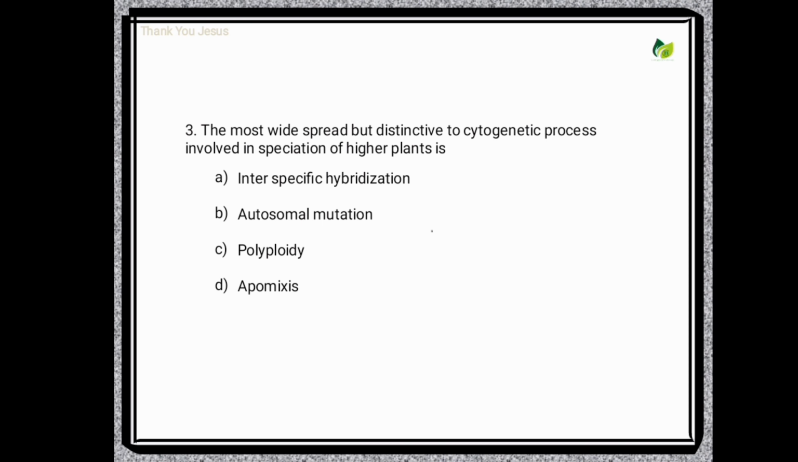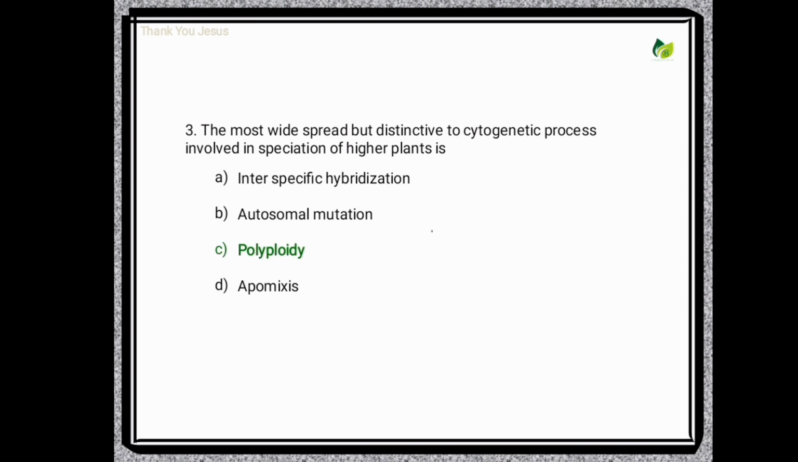Let's see the third question. The most widespread but distinctive cytogenetic process involved in speciation of higher plants is. Options are interspecific hybridization, autosomal mutation, polyploidy, apomixis. The correct answer is